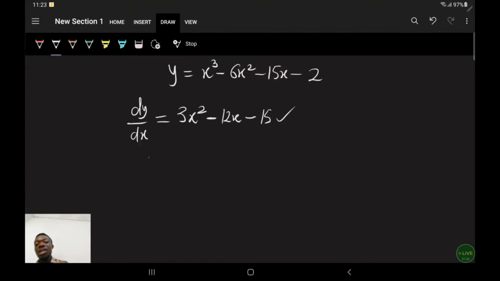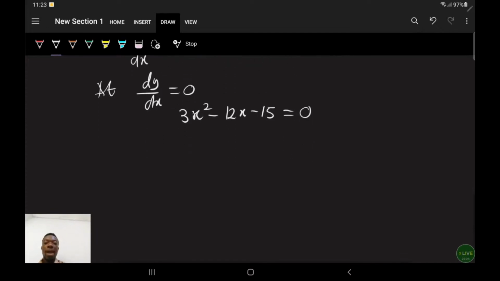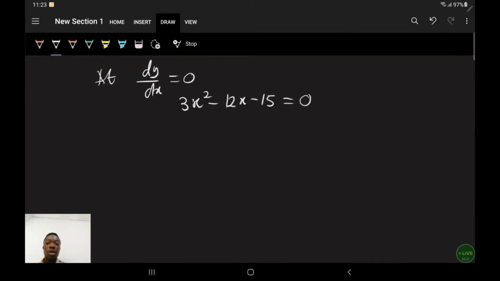So at this point dy over dx is equal to 0. Therefore I can bring it down here. We can say that 3x squared minus 12x minus 15 should be equal to 0, right? Once you're able to find it, with the help of a calculator, you should be able to solve for this. If you want to solve this using a calculator approach,